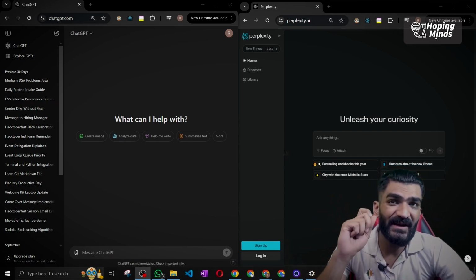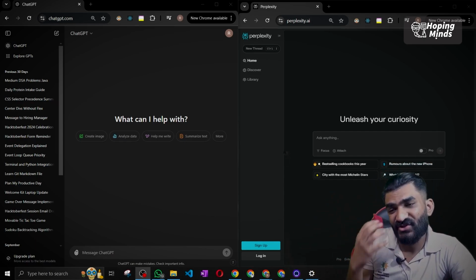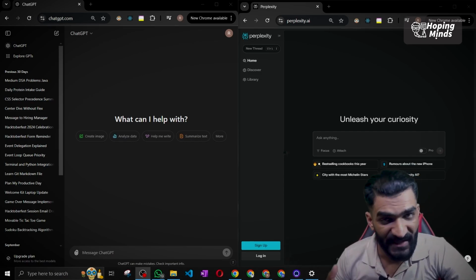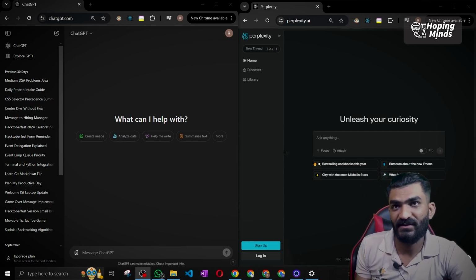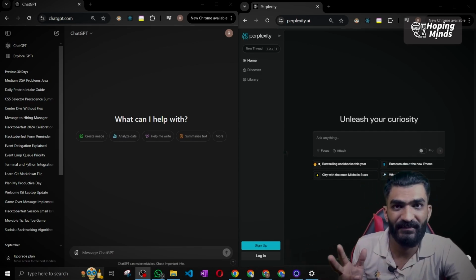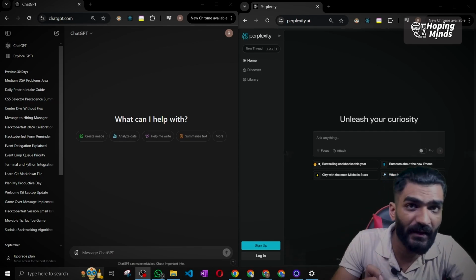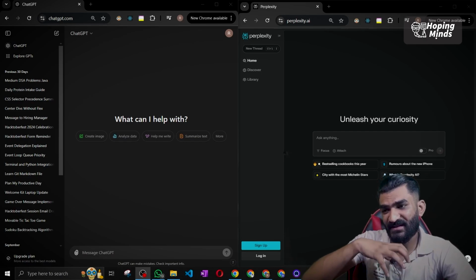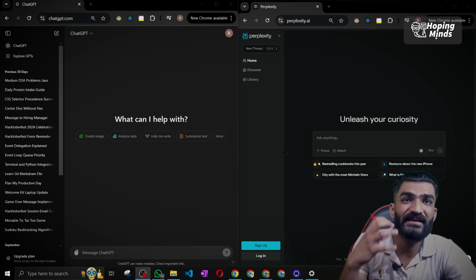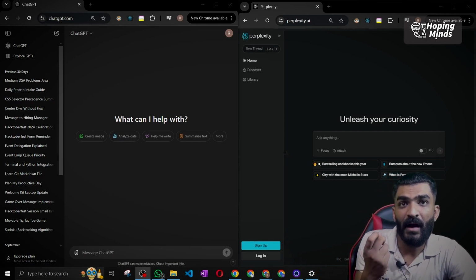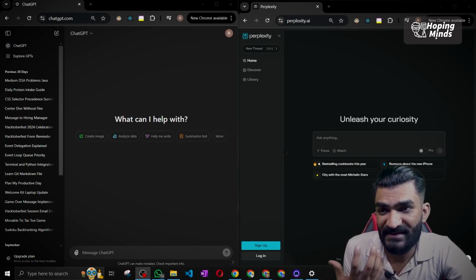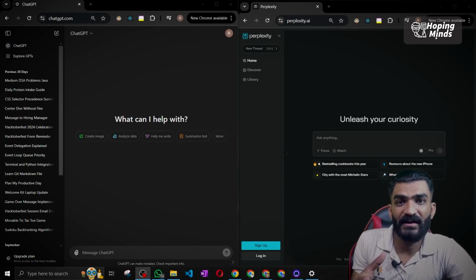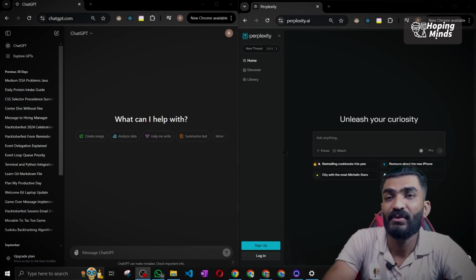Then comes usage. ChatGPT is an interactive chatbot, as we all know, so the purpose and use are kind of the same thing. Whereas with Perplexity, the metric is completely based on the model's understanding: how much better your model understands, how good the responses it gives are, and how well it understands what you are trying to say.